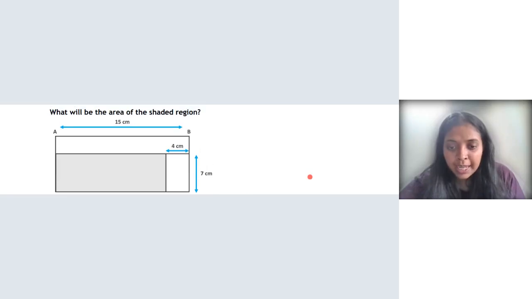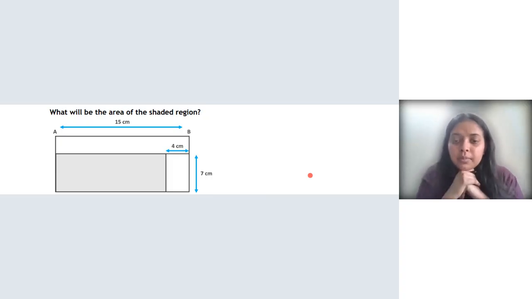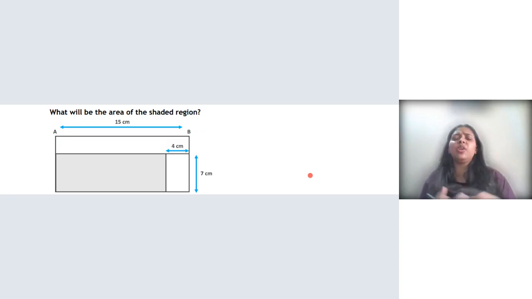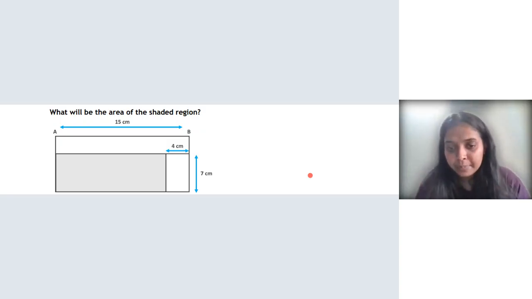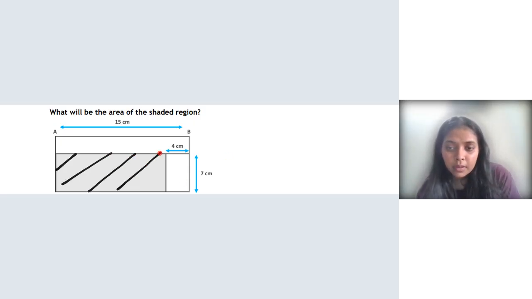Okay. So tell me what you have to calculate and what is given. You can see the question? Yeah. Okay. So what do you need to calculate? The area of the shaded region. Area of the shaded region, and you are given the different sides, right? Okay. So tell me, see, this is the shaded region. Ma'am, 18.